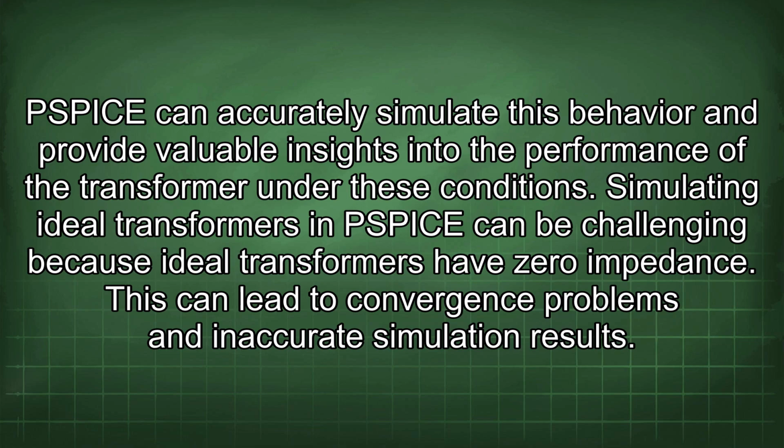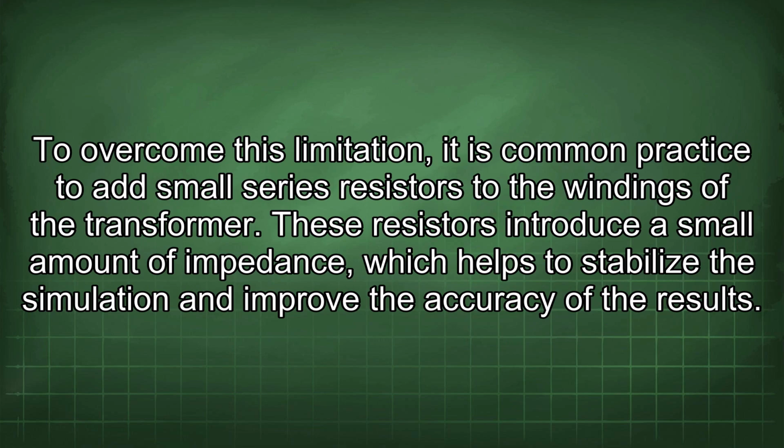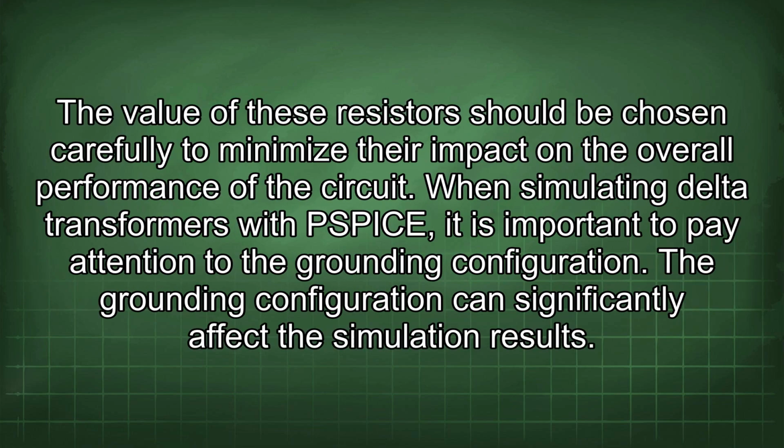Simulating ideal transformers in PSPICE can be challenging because ideal transformers have zero impedance. This can lead to convergence problems and inaccurate simulation results. To overcome this limitation, it is common practice to add small series resistors to the windings of the transformer. These resistors introduce a small amount of impedance, which helps to stabilize the simulation and improve the accuracy of the results. The value of these resistors should be chosen carefully to minimize their impact on the overall performance of the